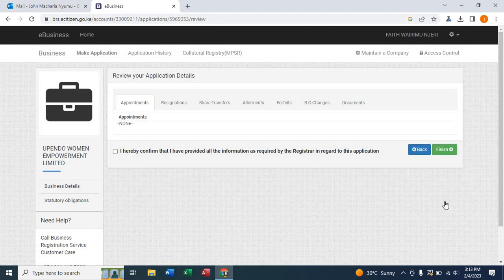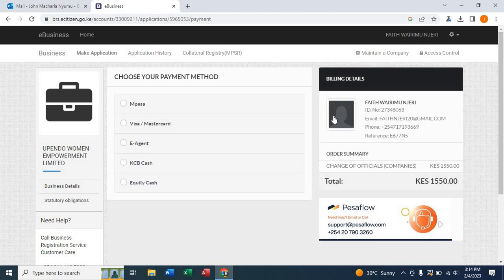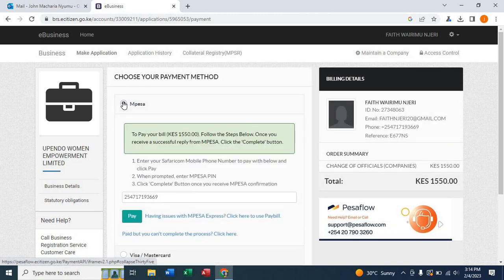So you check whether everything is okay, and once you are sure everything is okay, you confirm. Then lastly, you're able to make payments, maybe through M-Pesa or through any other method, and you'll be able to complete this process. To note, the outgoing director will be sent an email to the email that they used when they were registering